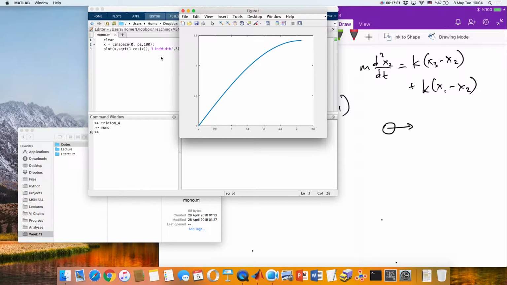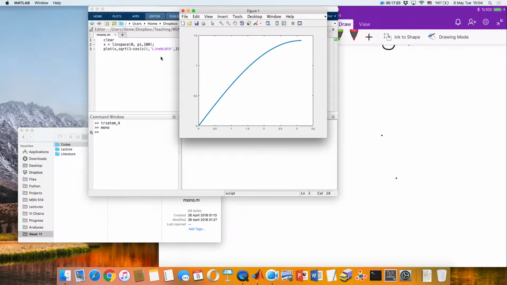So let's try to understand this. What it tells you is that as k goes from 0, let's start from 0. What is omega for k equals 0? It is 0. Yes. Because if you put k equals 0, then you will get 1 minus 1, which is 0, right? For k equals 0, omega is 0. What about ka equals pi?